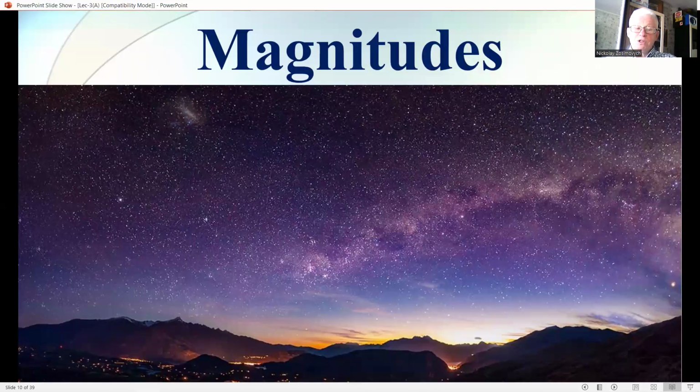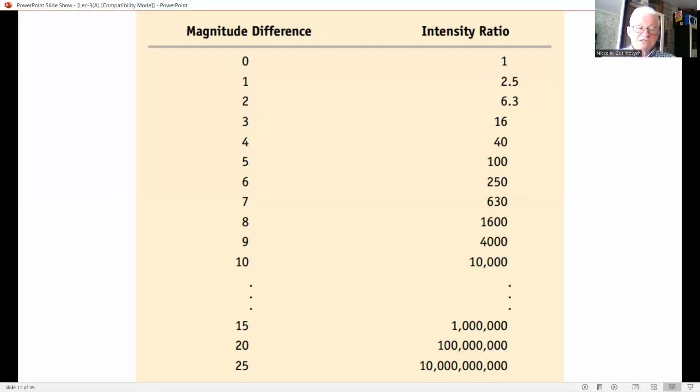Astronomers use a simple formula to convert between magnitudes and intensity. If two stars have intensities I_A and I_B, then the ratio of their intensities is I_A divided by I_B. Modern astronomers have defined the magnitude scale so that two stars that differ by 5 magnitudes have an intensity ratio of exactly 100. Very simple, right? Then two stars that differ by 1 magnitude must have an intensity ratio equal to the fifth root of 100, which equals 2.512. That is, the light of one star must be